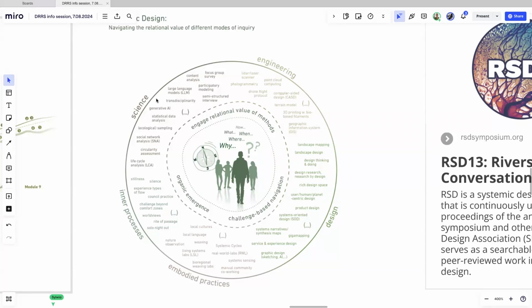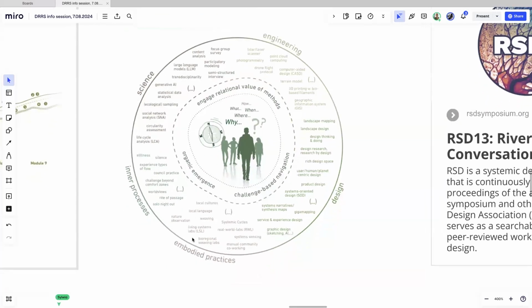So you see, AI, statistical data analysis, lifecycle analysis or assessment, these methods, same as nature observation. So connecting with the place, understanding sampling techniques. We have them, some ecological sampling relates with nature observation.